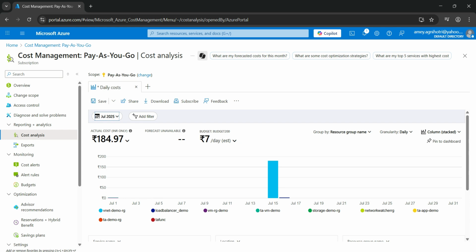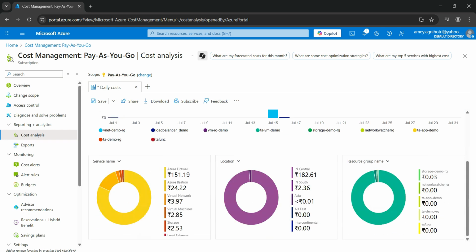In this way you can analyze your cost, and accordingly you can set the rules or budget. So in this way you can set up budgets in Azure and configure cost alerts to monitor your